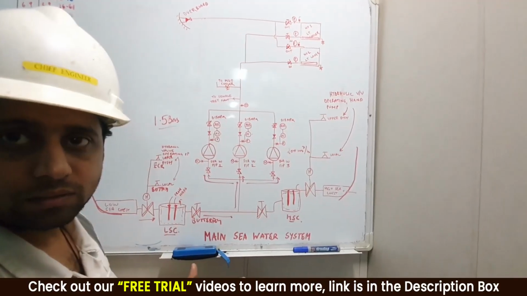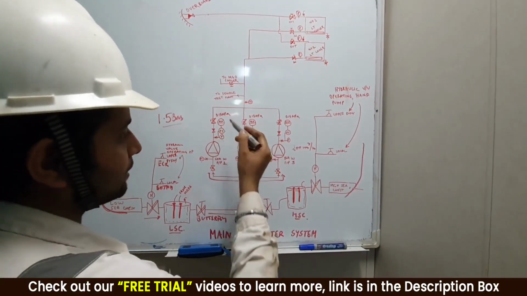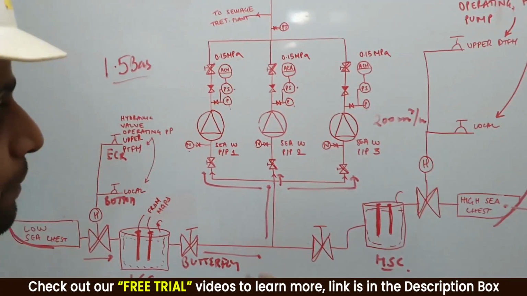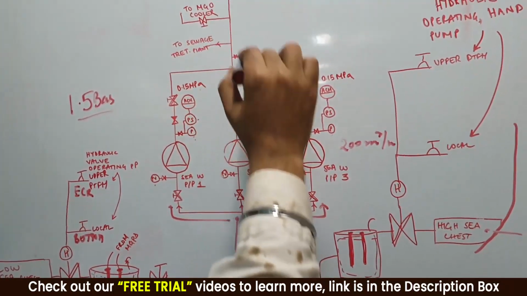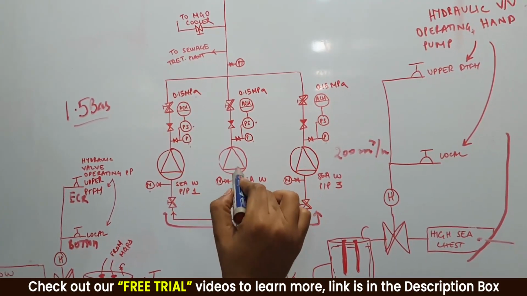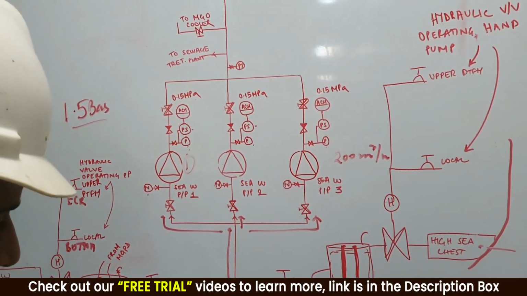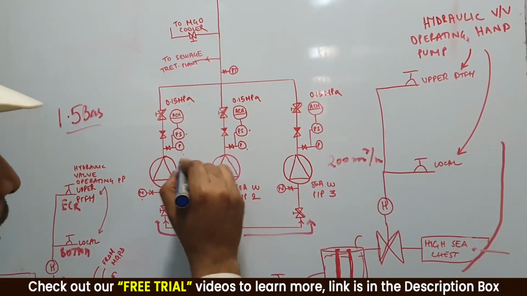ACH क्या होता है? Auto changeover. So this ACH will give, this is the auto changeover mechanism. So what happens is it gives a signal to the auto changeover mechanism and says, "Arey bhaiya, this pump is not developing pressure." So automatically the auto changeover system starts the other pump over here. Say main seawater pump, this is number 1 and this is number 2 pump.